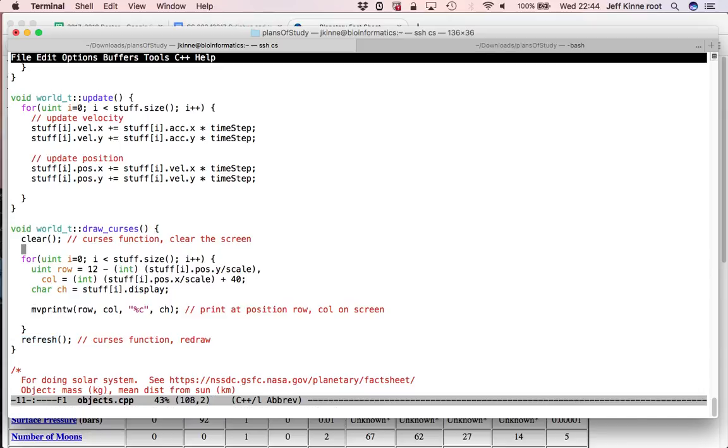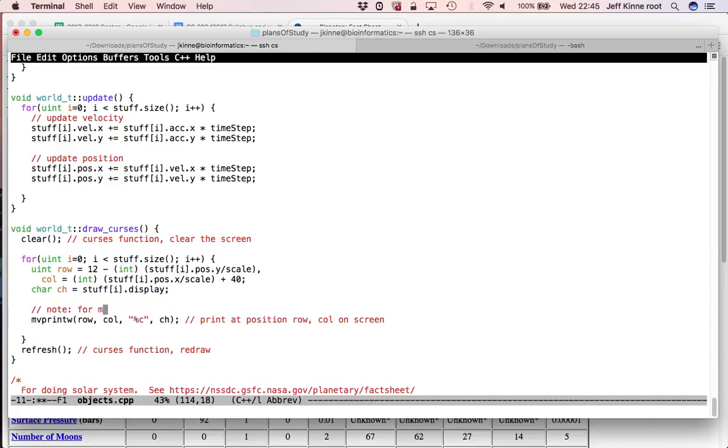All right, then inside of here we have, for each object, 0 up to the size. This formula here is the row where it should go. So we have its position, divided by the scale that we had computed. That could be negative, but for mvprintw,